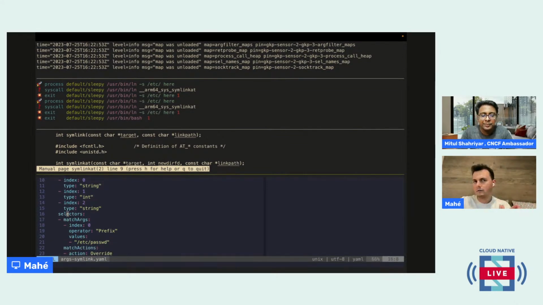So we'll see how we can perform more fine-grained filtering later on based on Kubernetes namespace and pod labels, but that will be a bit later. What I wanted to show you right now is that you can retrieve the arguments from the call, and you can write a more sophisticated selector. You can match on an argument. So you could say, if the first argument matches this specific value, /etc/passwd, it means the person wants to create a symlink to this specific file,